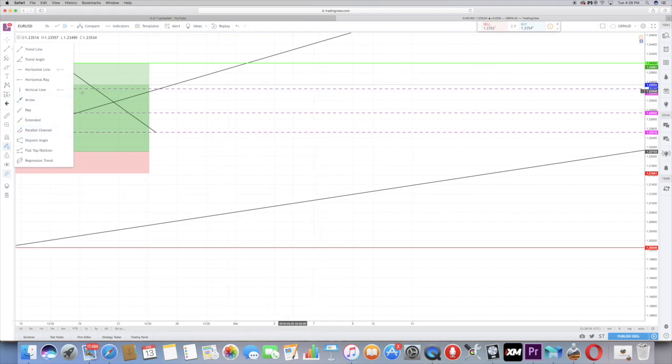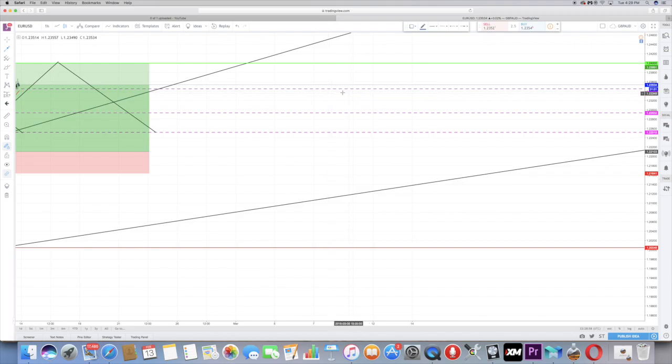So consolidation is gonna look like this. You have your resistance, this pink line, and your support, this other pink line. This is going to be consolidation. When it's moving sideways, it's ranging. Consolidation, ranging, moving sideways. You can use whatever term you want to use. But this is consolidation. You do not want to trade this because the market is not moving in a certain